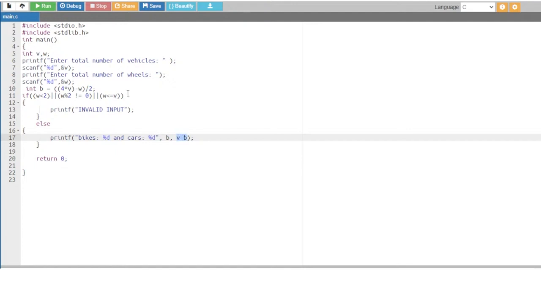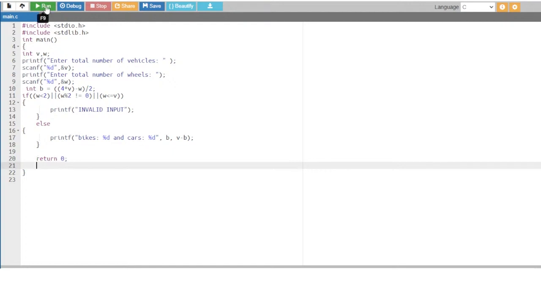V is number of vehicles, and B is number of bikes. So cars is equal to number of vehicles minus number of bikes. The result of this subtraction is printed here. Then we terminate the program by writing return 0. So this is the program.